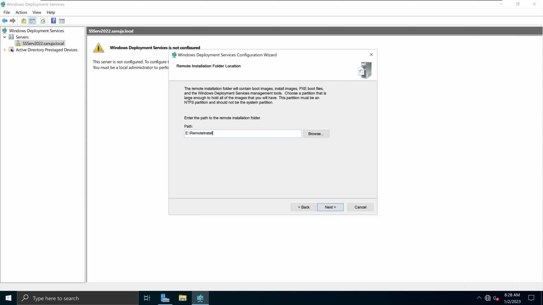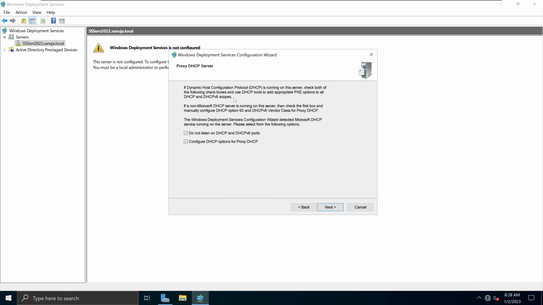hard drive. In production environment, I recommend either use a separate hard drive or some kind of a separated media to install this particular WDS services, because that is a good practice to do that instead of installing on your C drive. So I switch it to E drive and I'm going to click next,